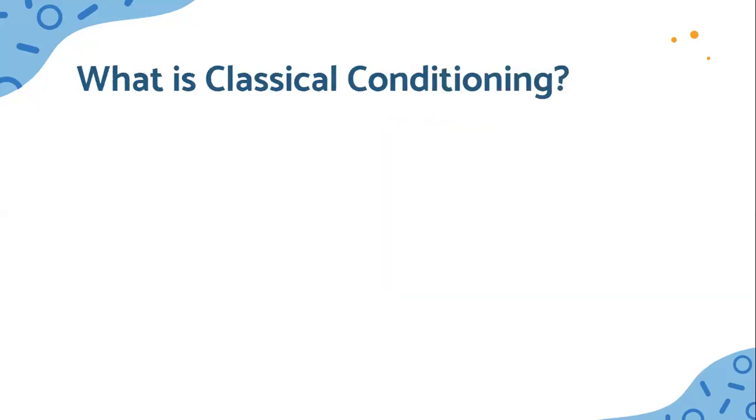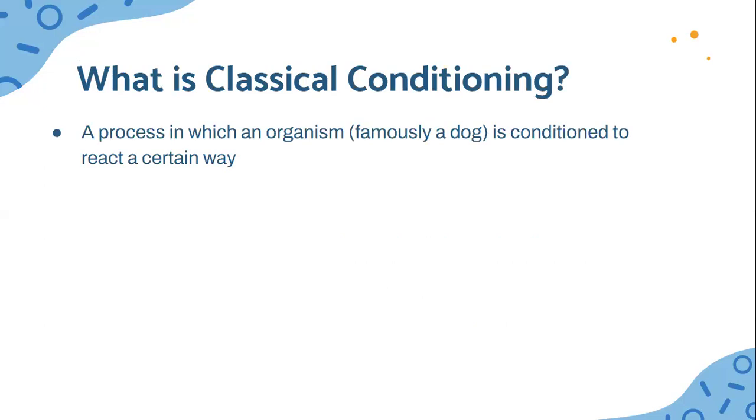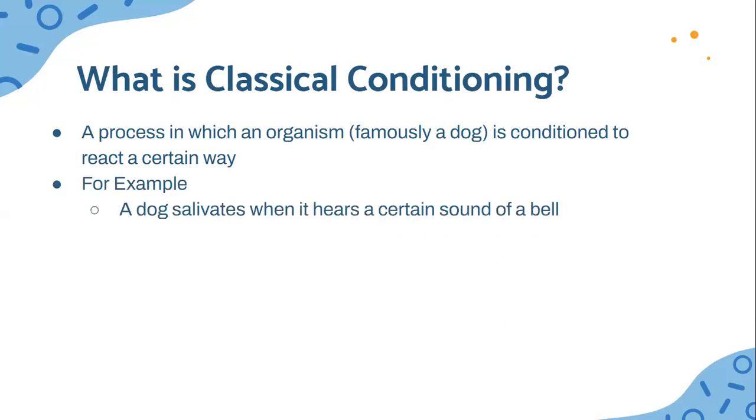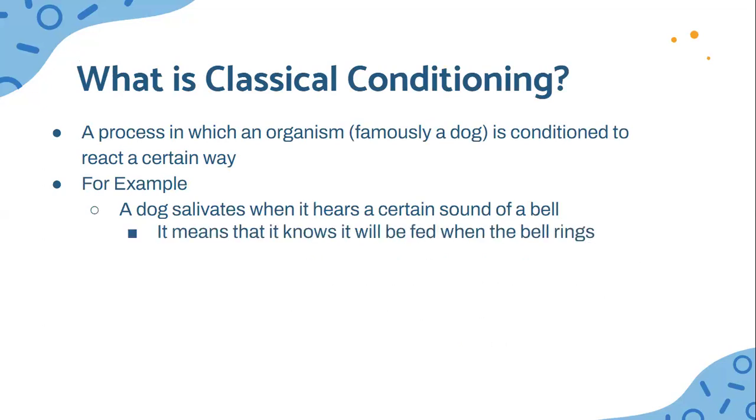motion or a sound. So classical conditioning is a process in which an organism, most famously a dog, is conditioned to react a certain way. For example, a dog would salivate when he hears a certain sound of a bell. That would mean it knows it will be fed when the bell will ring, along with being happy to